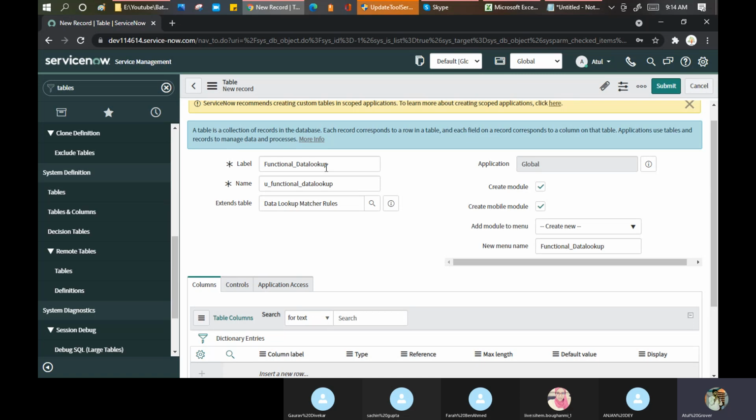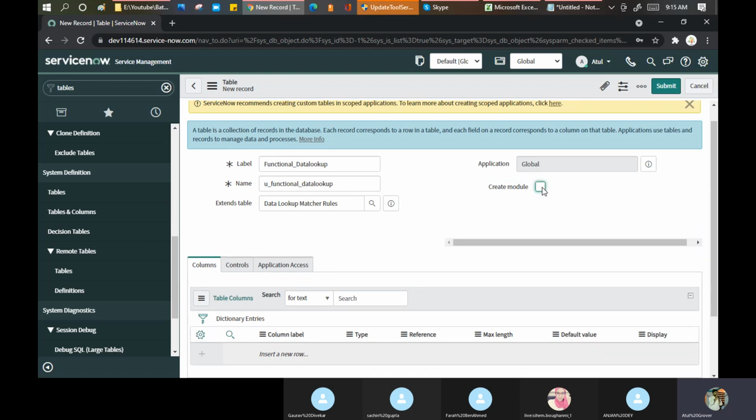But they will never tell us who brought the raw material from the market. It can be dad, mom, a servant, my sister, my brother. They will never tell these things. So it means those are the tables which I don't want to show in my module section. I will say I don't want to create a module here. This is just a temporary table which is only for my purpose. I don't want to show this to my customer.